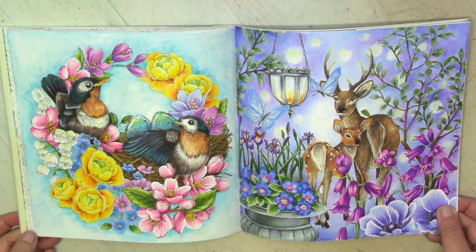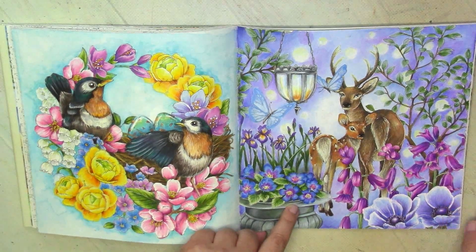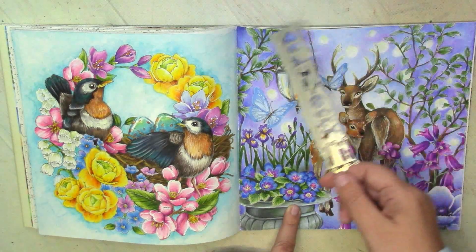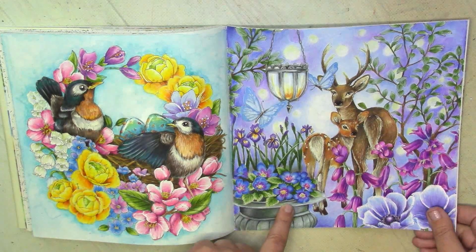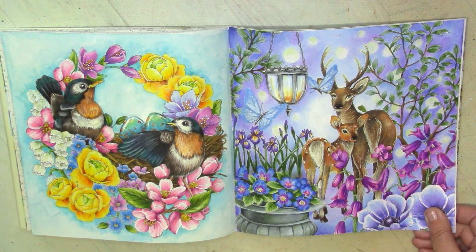I called it Symphony in Lilac and Blue. Mostly I decided to color it because I really wanted to do all those flowers, different varieties. Then I somehow decided to do the background with cheap Castle Art pastel tint pencils. I love pastel tint pencils, but definitely not on this paper. They glided over the surface, they didn't want to blend, but I used them as a first layer, and as a second layer I used Prismacolor, and Prismacolor Lilac and Blue Violet Lake helped me to blend everything,